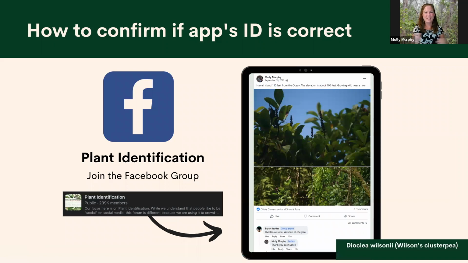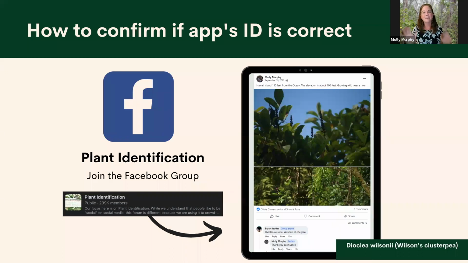So I don't usually like to recommend Facebook groups for plant identification. Eli Edney, I'm looking at you if you're still watching. I saw your comment. If you ask for a plant ID on Facebook groups, you're going to get maybe 5 correct answers and 5 wildly wrong answers. So how do you know if you're ever correct? Because people, for some reason, like to give wrong answers and then double down on them.